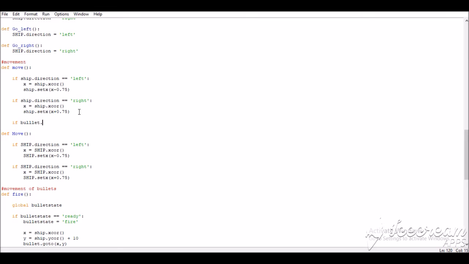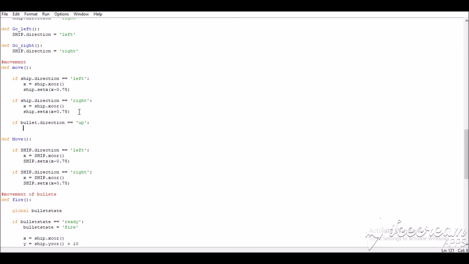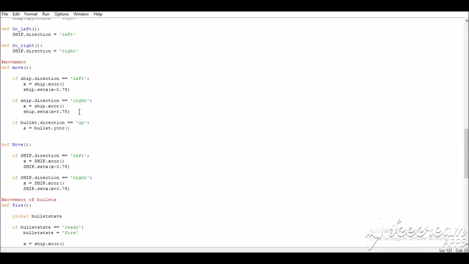So if bullet dot direction is equal to up, a is equal to bullet dot y coordinate. Okay, first let me type everything and then I will explain. Bullet dot set